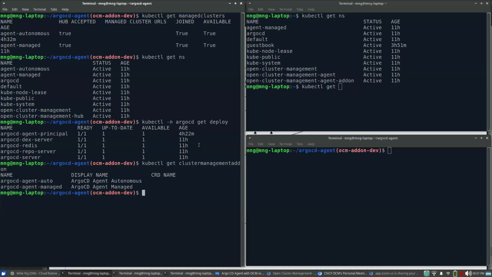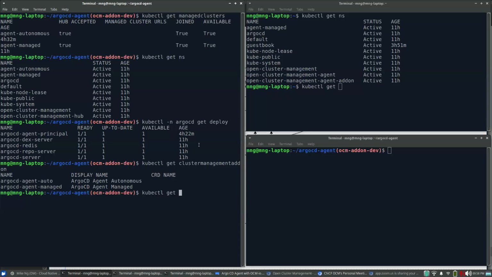I'm not sure that just looking at the add-on itself, if they were combined into one agent add-on, you could really tell what mode they're in unless you dig into the variable. So I might be wrong about that. Feel free